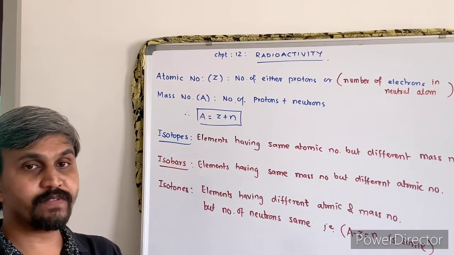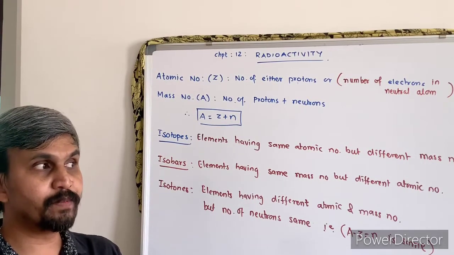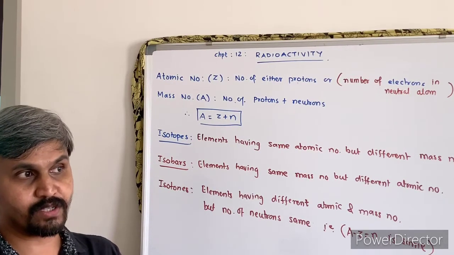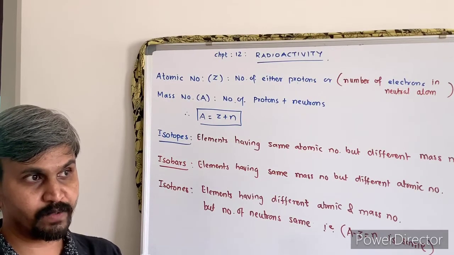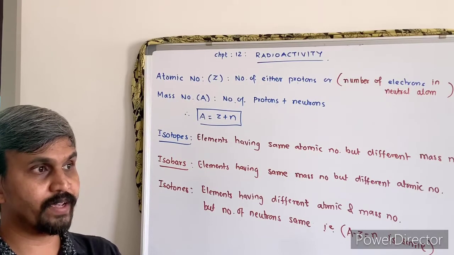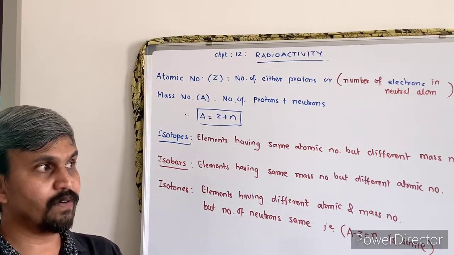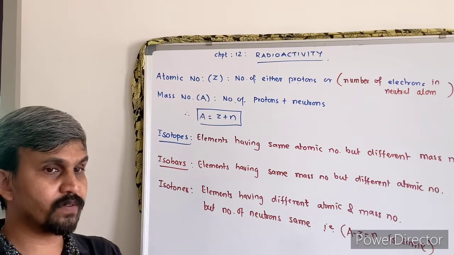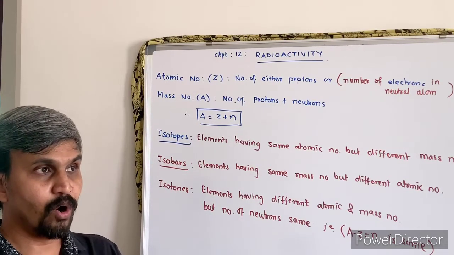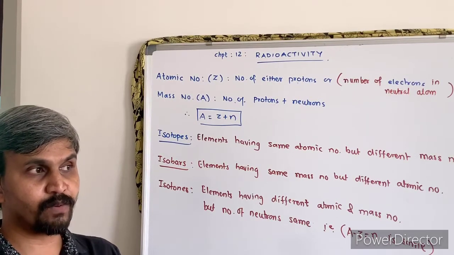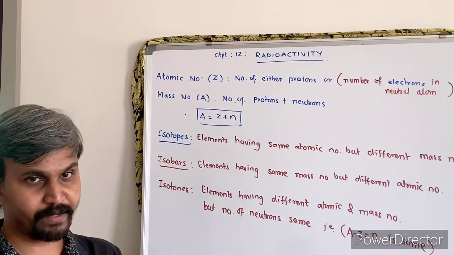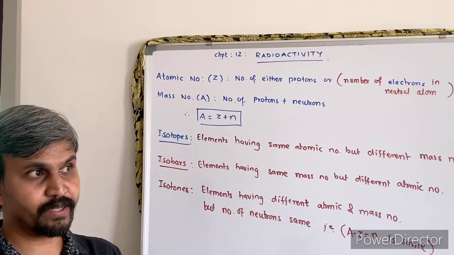Now radioactivity is a nuclear phenomenon. What do you mean by nuclear phenomenon? It is from the nucleus, because radioactivity is possible only at the nuclear level. They can ask a question like: what will happen if a radioactive element is oxidized, reduced or treated with some compound? A chemical reaction will be given. So what will happen to that radioactivity?